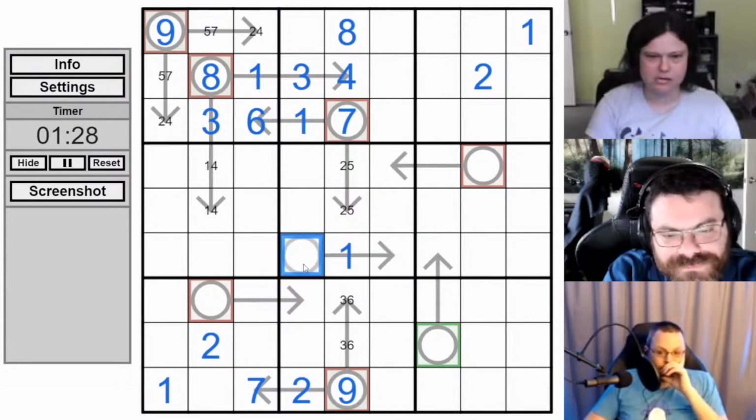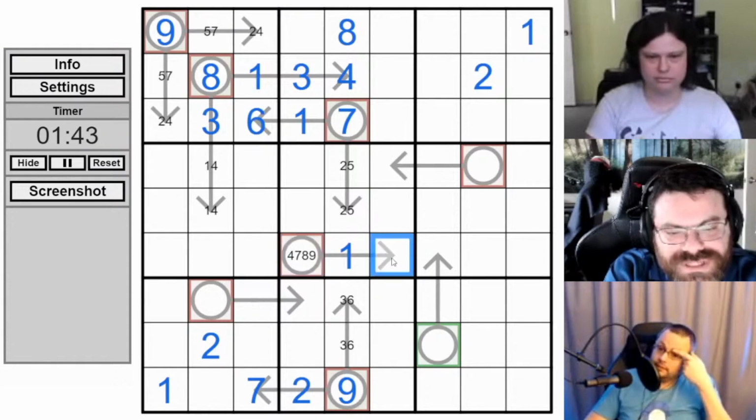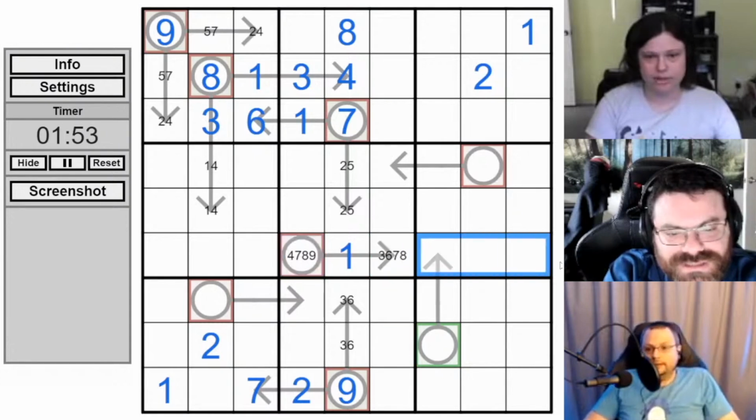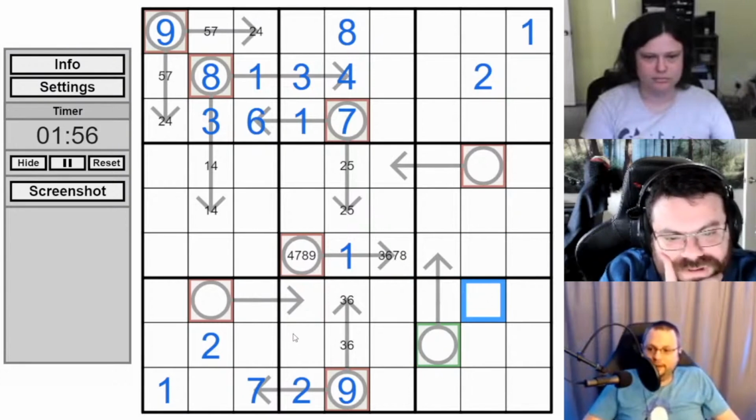So this places a 4. 4 can't go in any of these 3 spots. So it could self-reference. Could be 6 if it were 5, but it can't be 6 with a 5 because there's a 5 in the box. So 7, 8, 9 would put... So this could be a 3 or 6, 7, 8. And I have no idea what that does. That's probably a good thing. I don't think anyone is going to suspect that it is going to be a 4 with a 3. Yeah, most people assume larger arrows.